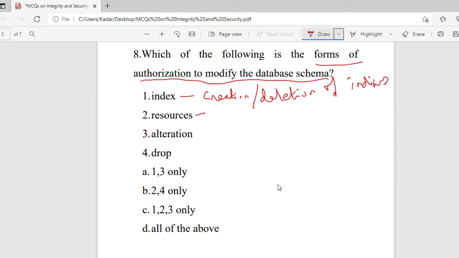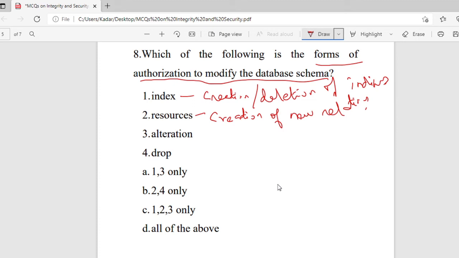Then the next one is about the resources authorization. This one allows the creation of new relations. Then the third one is about the alteration authorization.